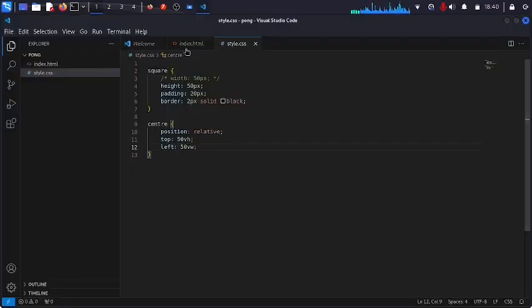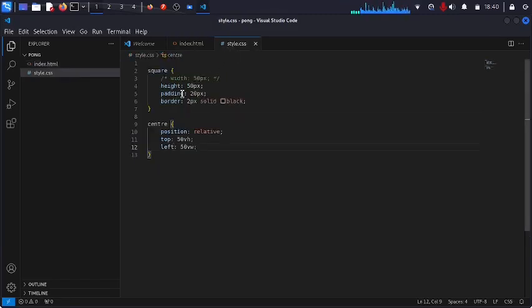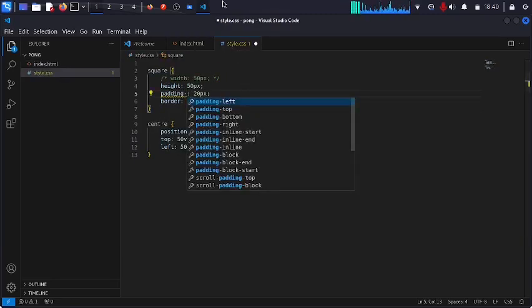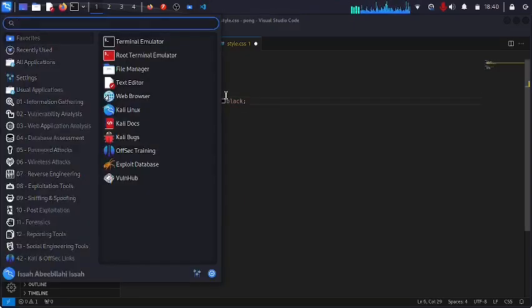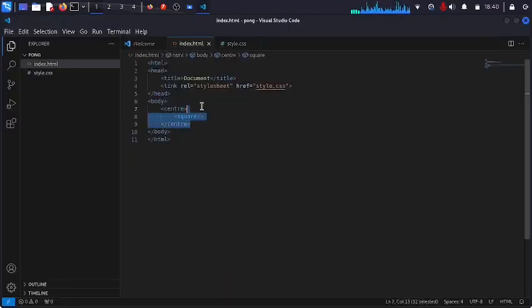So right, so now it's in the center. Well, kind of, but whatever. I'm gonna say just to padding left, px. Right, so